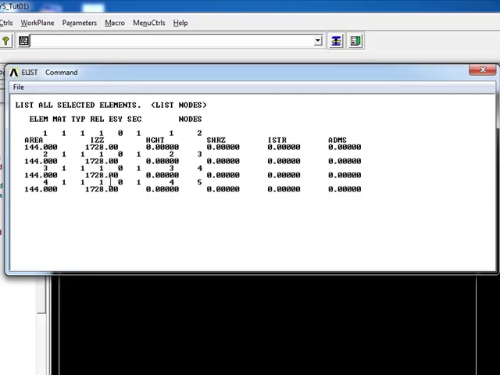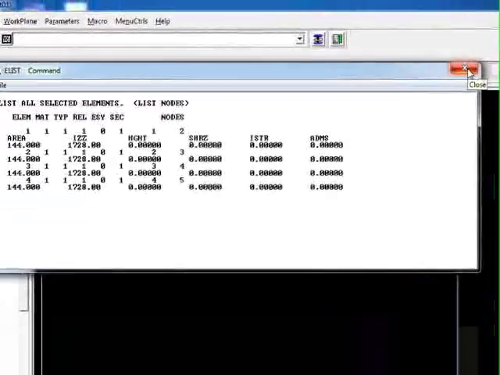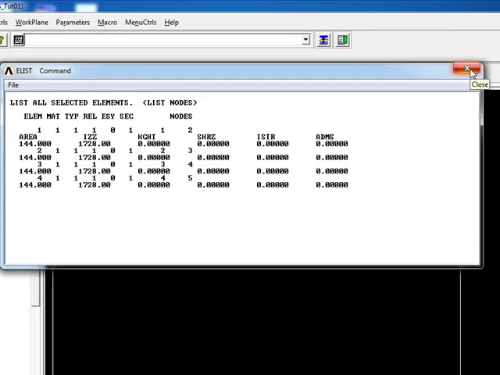So all the elements have the same attributes because I only had one element type, one real constant, and one material, so nothing has changed. And as you see, the nodes are node 1 and 2, node 2 and 3, node 3 and 4, node 4 and 5,